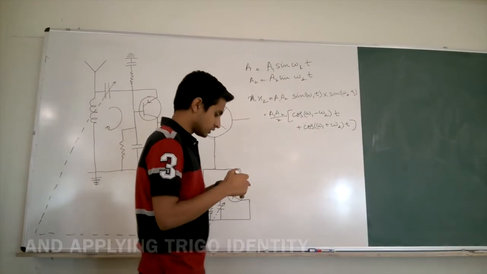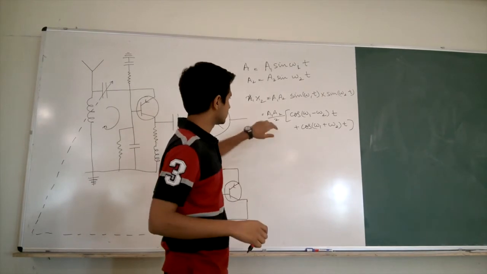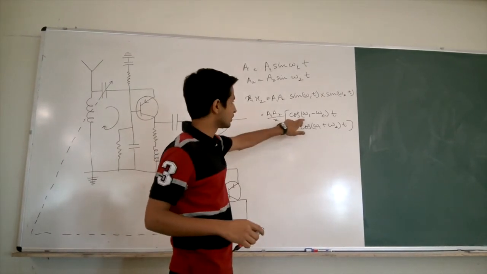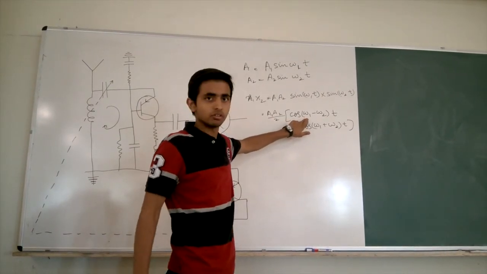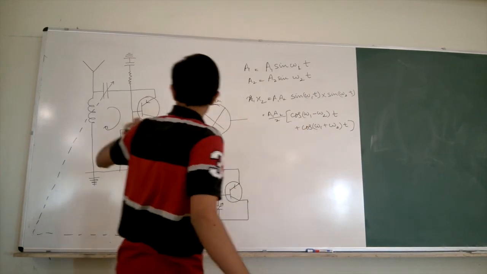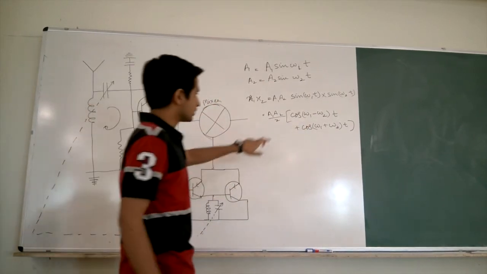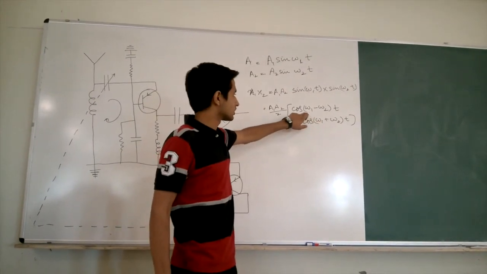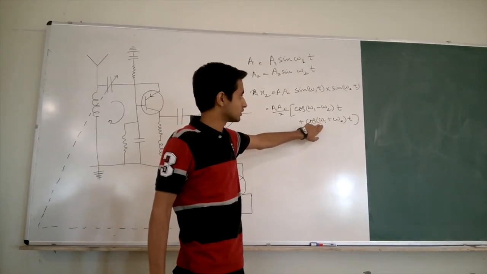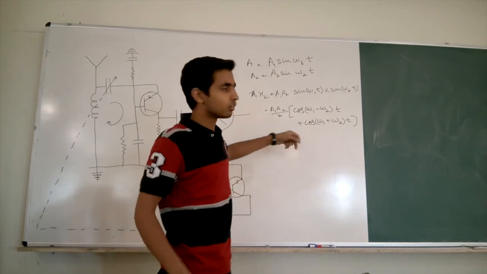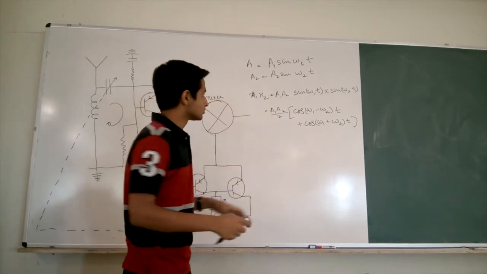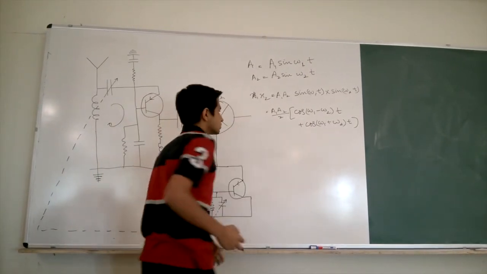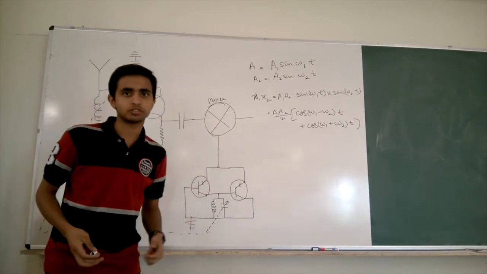And so here we see that the mixer is giving a mixture of two waves, one with a frequency equal to the difference of the frequencies of both these circuits, and the other equal to the sum of the frequencies of both the circuits. We actually want the difference frequency, so the sum frequency wave is filtered away, which we will come to know afterwards. And so this is the basic functioning of a mixer.